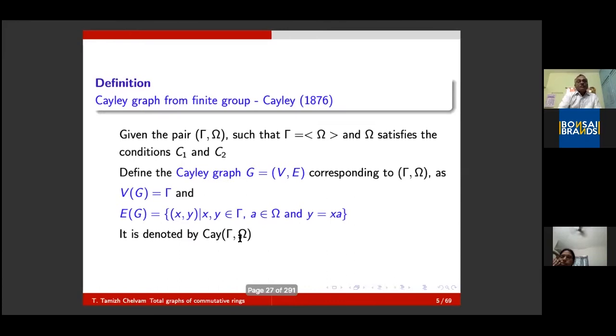Of course, this was the first construction from an algebraic structure. As I mentioned, this particular Cayley graph is used as a routing network in parallel computing, and there are certain standard Cayley graphs that are still used in parallel computers at Bell Laboratories and similar organizations. Of course, the very important property of this Cayley graph is that it is vertex transitive.